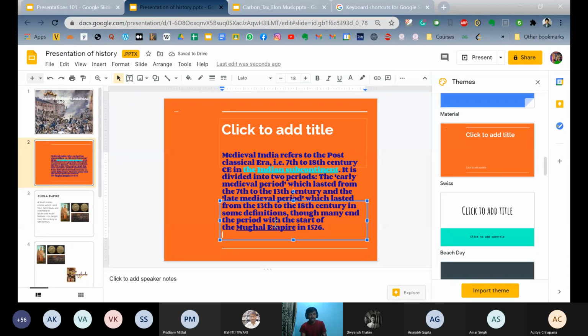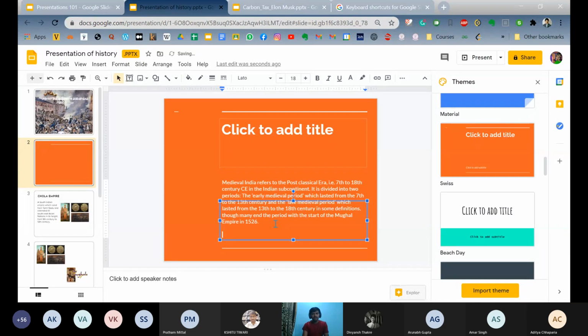Here is another shortcut. For copying we use Control plus C. For cutting we use Control plus X, right? I hope some of you might be knowing. And when you are pasting, if you just use Control plus V, it gets pasted in the same format, with the same font size, the same font colors, and the same font style. Whereas if you want to paste in the current formatting, then the thing you need to use is